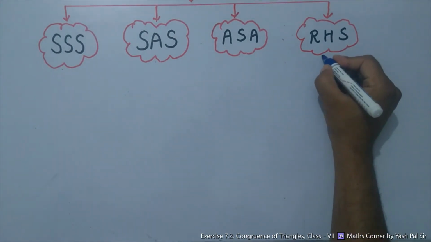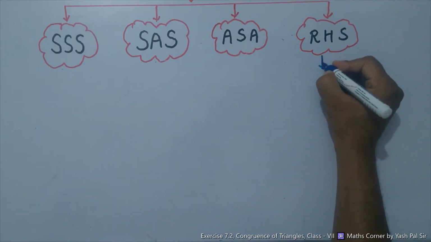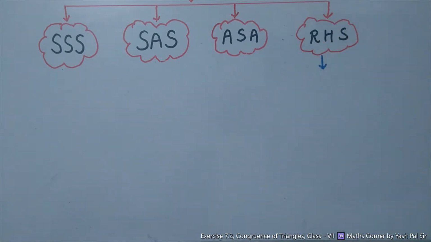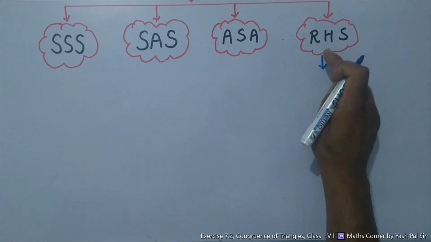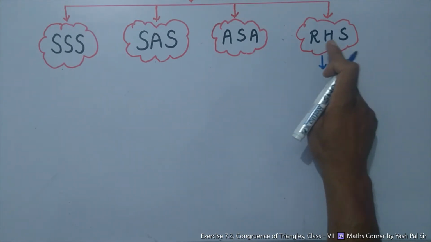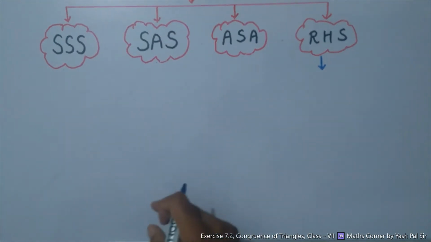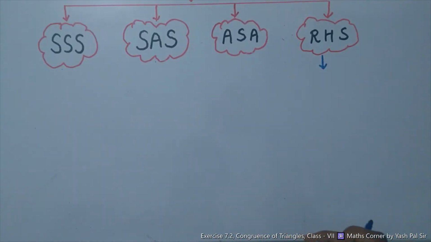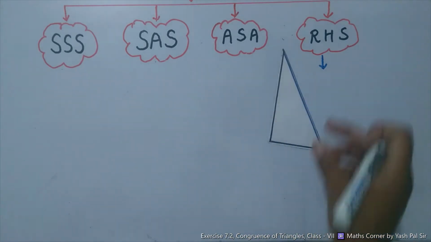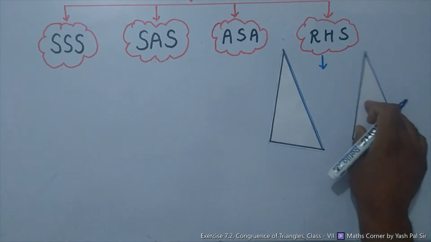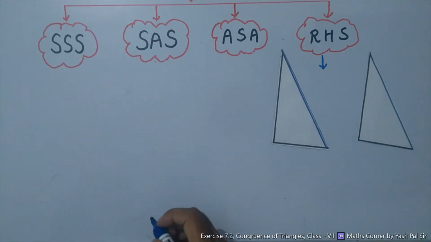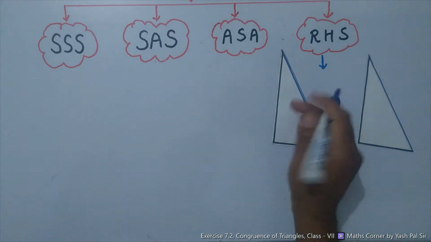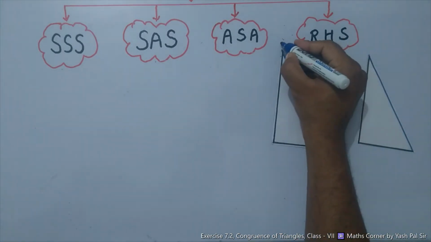Lastly, now we shall discuss the congruence among right angled triangles. The congruence among right angled triangles is called the RHS criteria for congruence of triangles. Here again we take two triangles, but they are right angled triangles. So we name them, suppose the first triangle is